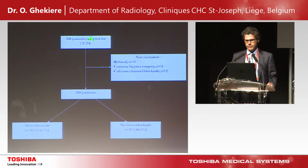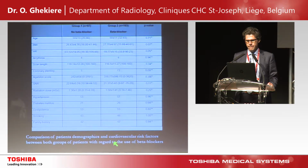These slides provide the flowchart of our study. 208 patients were referred for CCTA. Patients with calcium channel blocker and coronary bypass surgery were excluded, and the remaining 200 patients were divided into two groups. So when we look at the comparison of the patient's demographics and cardiovascular risk factors between the group without